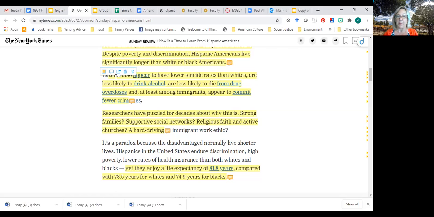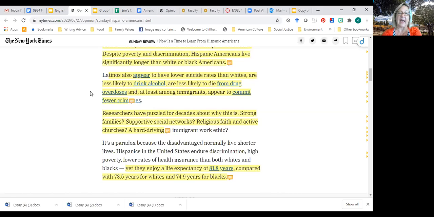Compare Latinx people to white people. And he names some things that we might think might be bad, like suicide, excessive alcohol, drug overdose deaths, and crimes. And we find that Latinos, if we compare and contrast, they seem like more ideal citizens.